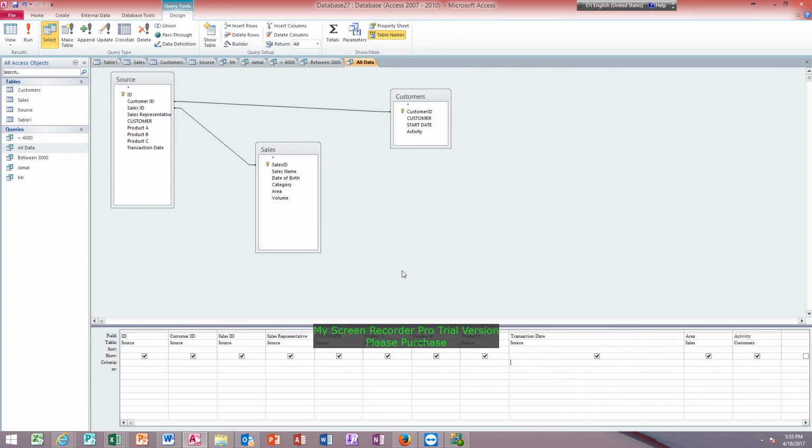Let us make this criteria more tight. Make it between 1st February 2016 and 15th February 2016. So it will be also between 2/1/2016 and, what, 15 February 2016 means